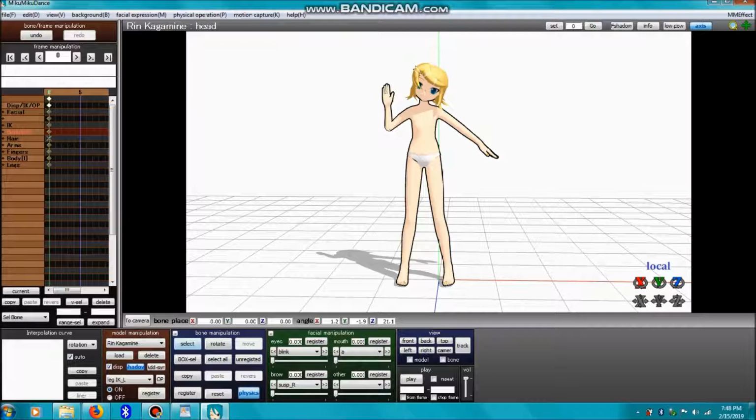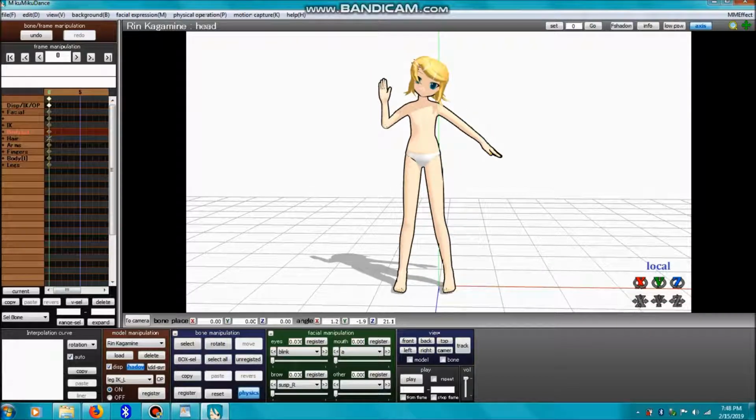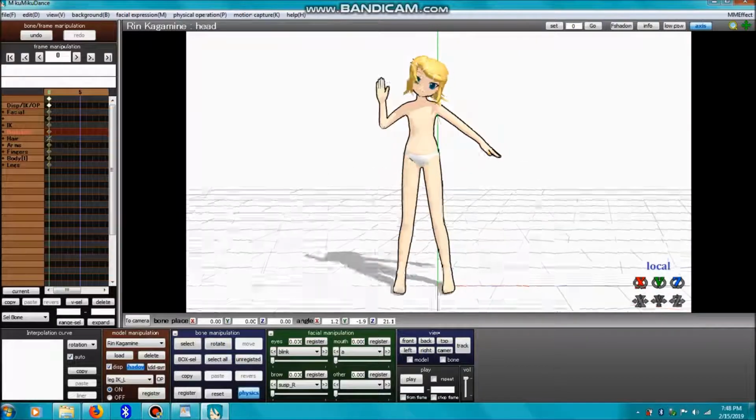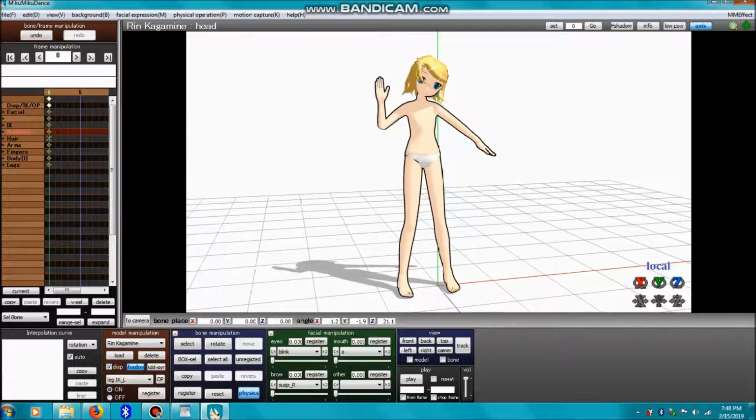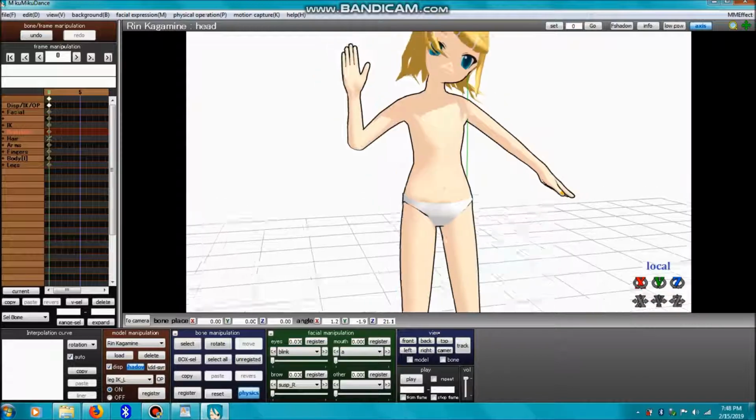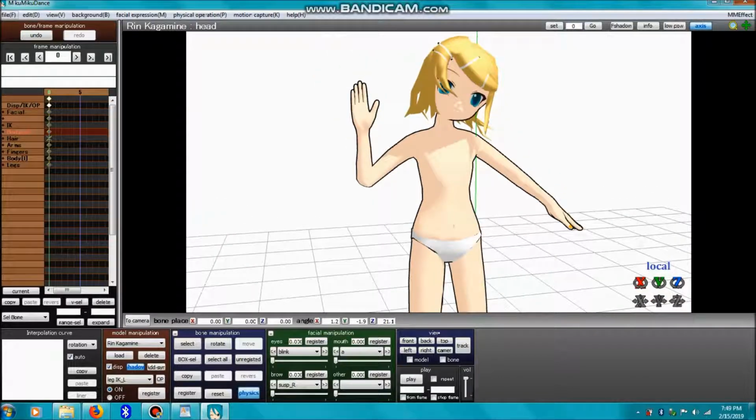Once you get your character how you want it, you can come up here to the little looking glass to zoom in and out, this to slide around, and then you can hold down the right click and drag to change the rotation. This will be nice if you're trying to get a different view. Once you have the pose that you want to use for your drawing reference, you come up here. Well, actually, I want to zoom in a little bit. Changing my mind. You can come up here where it says File